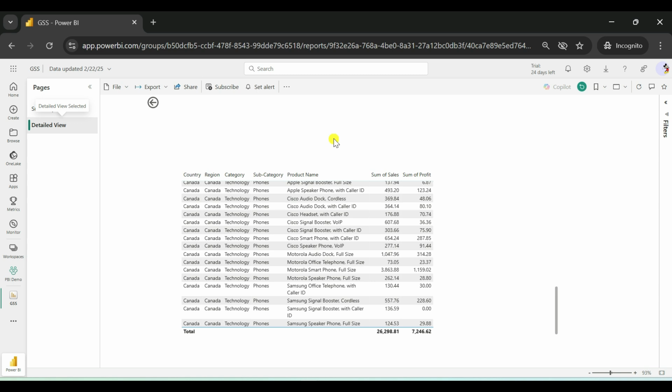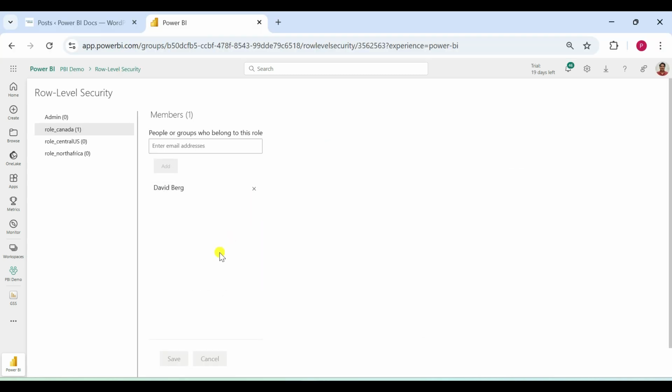Now we will provide admin level access to David. So from here, first remove the Canada access for David and open the admin role, and here we will enter the David name, select the David mail ID and click on add, and after that click on save.